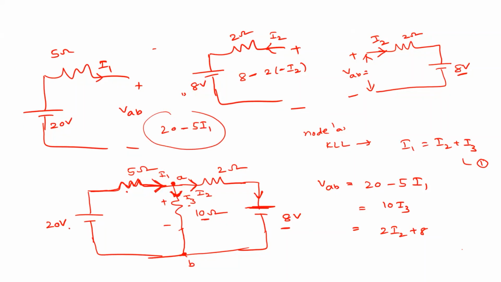So this is positive. The current direction is only different, right? So that means it is 20 plus 8. But in this loop, current is entering the battery, right? So 8 will be minus 8, right? So this is a drop, right? It is plus minus only. We need to subtract this one, with reference to this plus minus. That is a simple drop. Is it a positive drop or negative drop? That is different, right?